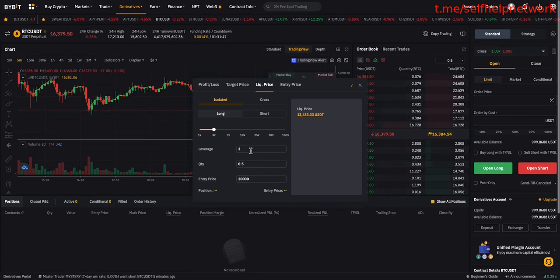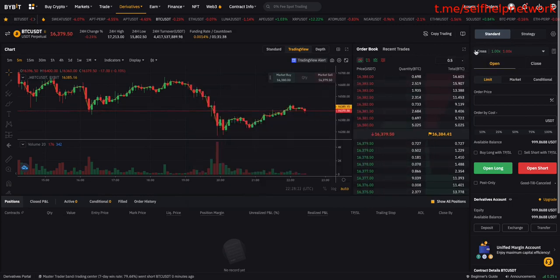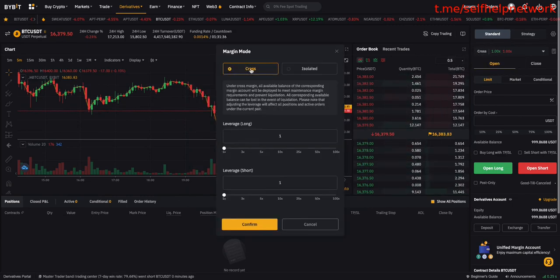So that's a brief overview of the principle behind leverage, and then we'll see how it actually works in reality. There's two forms of leverage, cross and isolated margins. In cross margin, it simply means that all assets you hold in the specific account, so in your derivatives account on this exchange, are totaled up and used as margin.